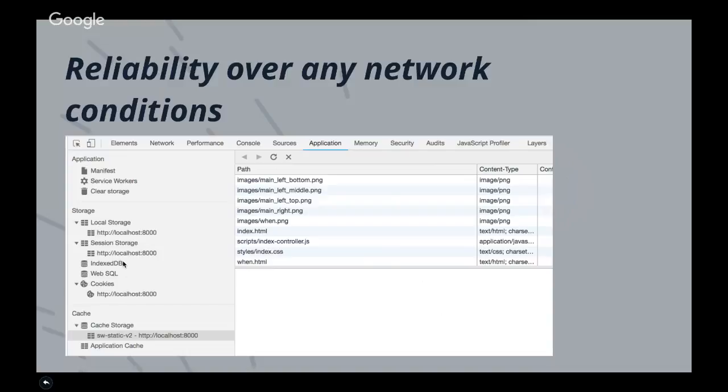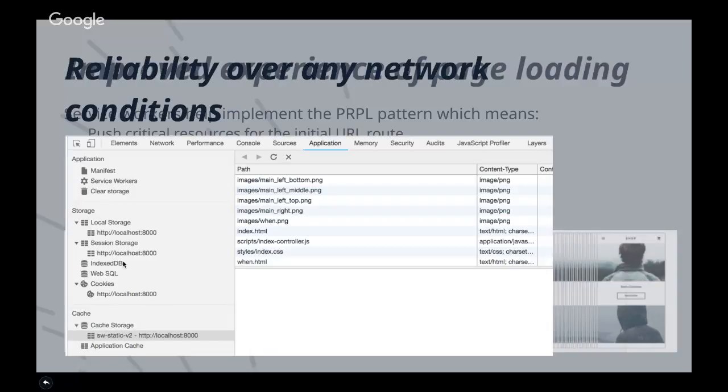But then the catch to it is you can't manipulate these resources except rendering them in the browser. So that's where the Cache API comes into play, because all these binary streams, all these HTTP streams, you are not manipulating them. So you are storing them directly into cache storage so that you can cache your data in that sense.